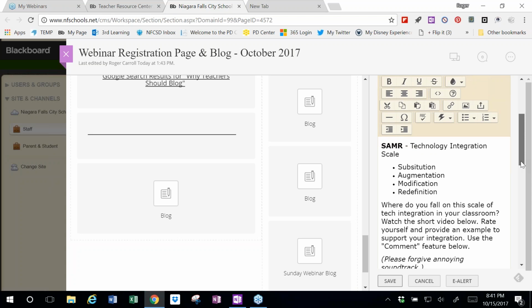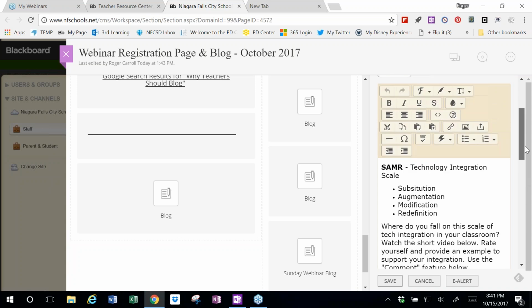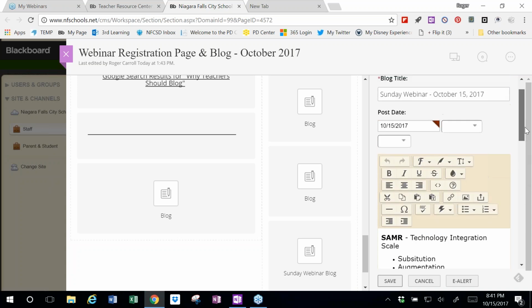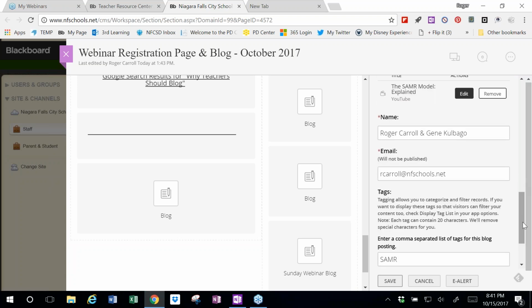There is a little text area. It's a little smaller than the basic content app, but all of the tools are pretty much here for you to add a graphic, an image, which I did down below. You can enhance the text with the bolding and so on. Then if I continue to scroll,